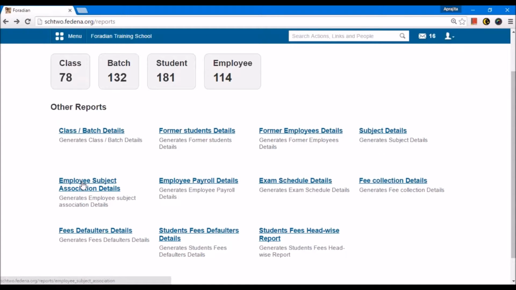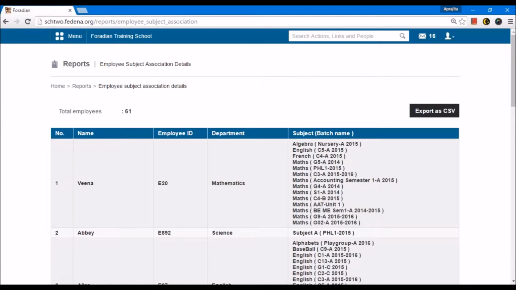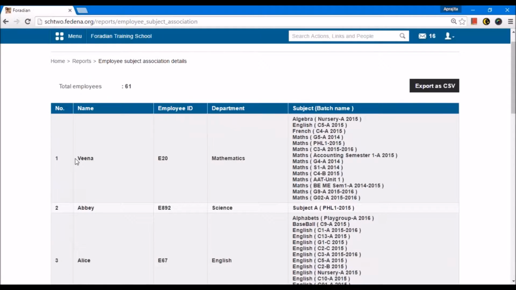I can check the employee subject association detail. That means the teachers and the batches and the subjects that the teacher is assigned to. For example, here you see in the first column the list of the teachers. The second column shows you the employee ID and the department to which the teacher belongs.